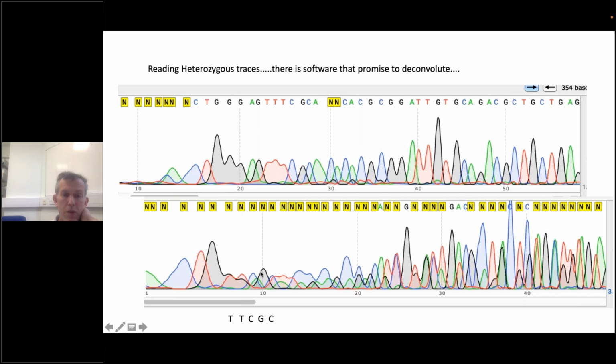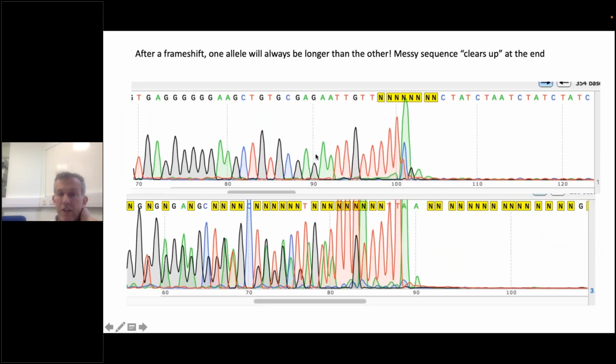If this is too complicated, you can also go to the end of your sequence trace. Since we have very short PCR products, we actually read until the end of the PCR product, and you can get these very particular sequence endings in your sequencing traces.